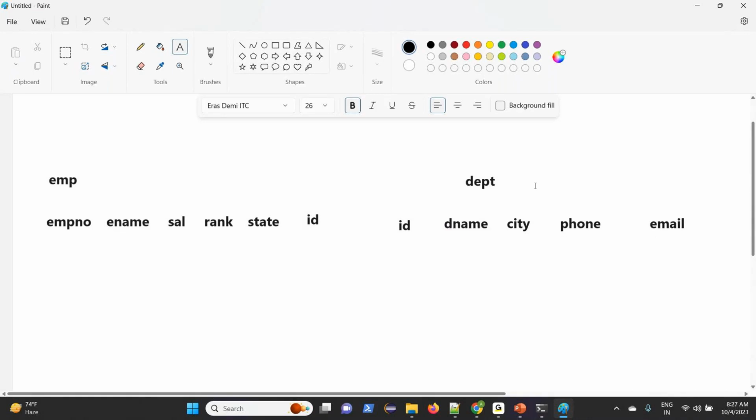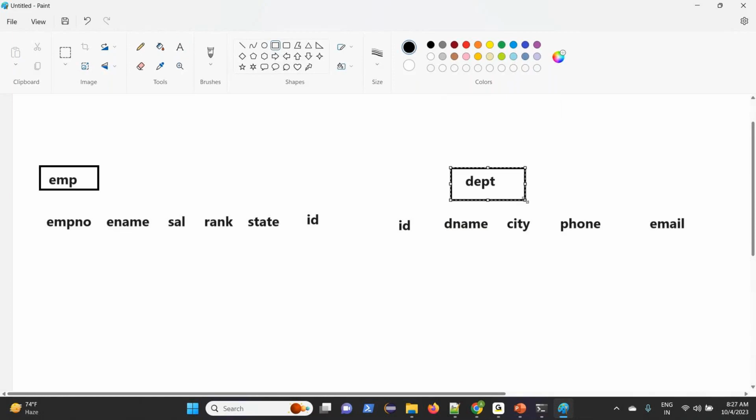So here I have two tables. If you understand this logic in real time, the same logic can be used for more than 100 tables also. Now my question is not a technical question, it's a generic question.